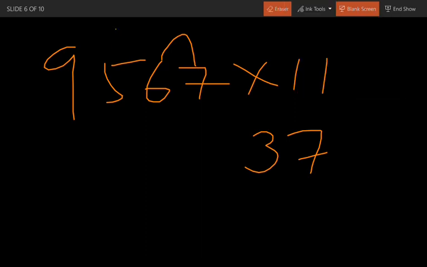you should not write the carry over there. So you have to write this. Now 6 plus 7 is going to be 13, right? So 1 you have to take as carry for the next number. So the next step is that you have to add both of these numbers. 5 plus 6 is going to be 11, so 1 is going to be the carry for the next number. 9 plus 5 is going to be 14, 4 here, 1 is going to be the carry, and so the